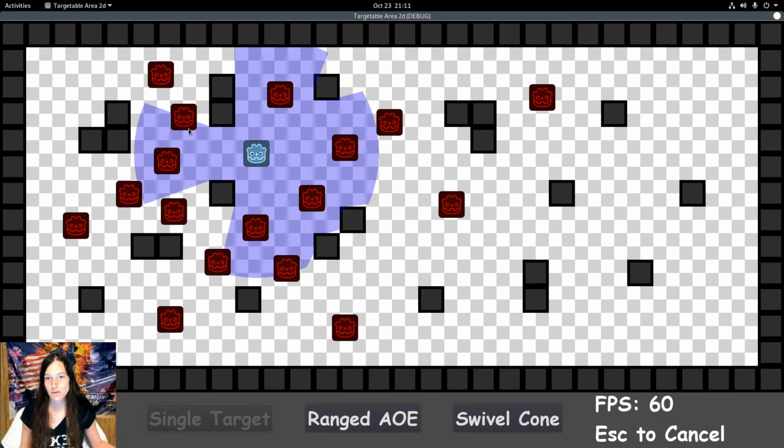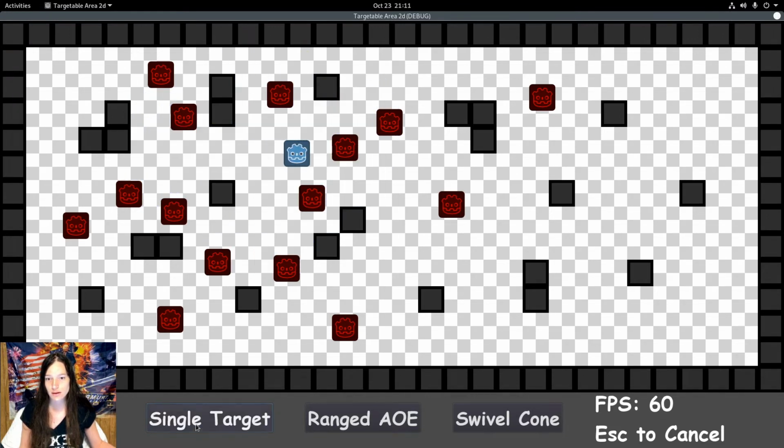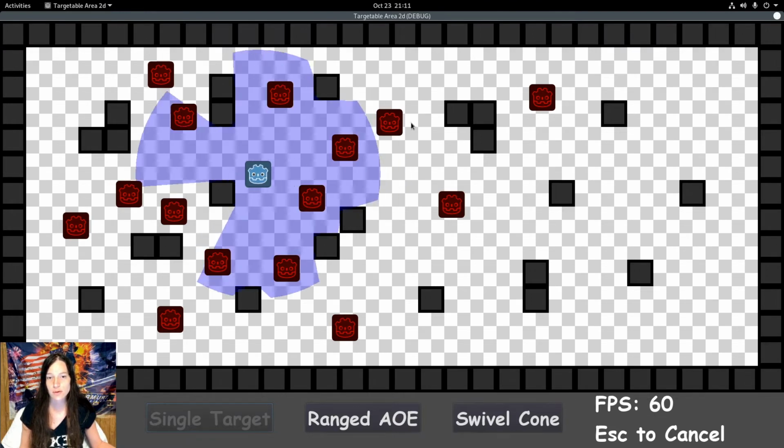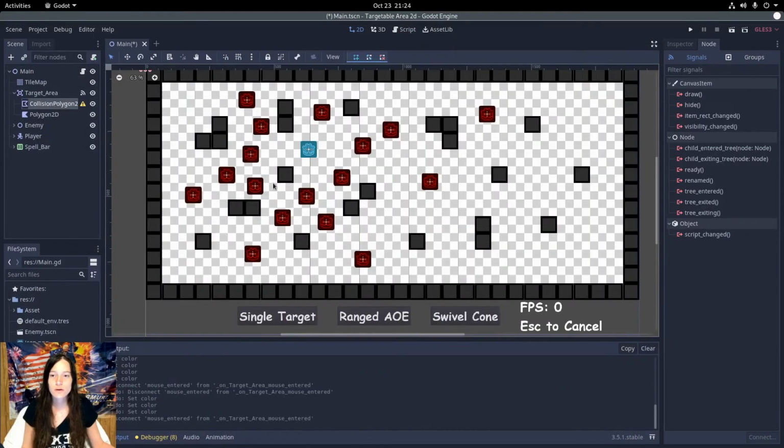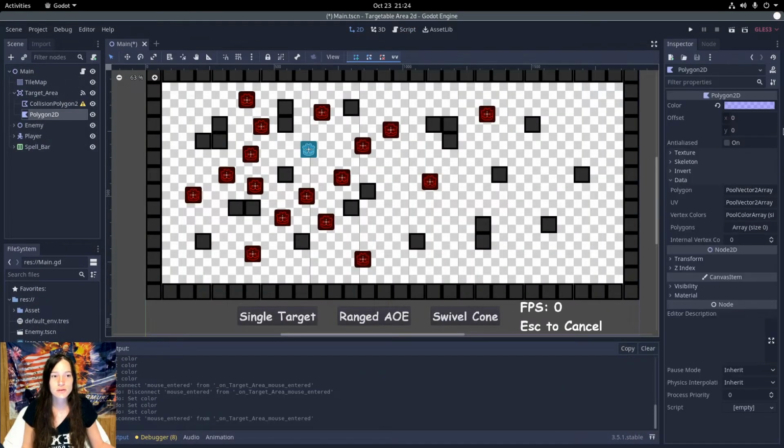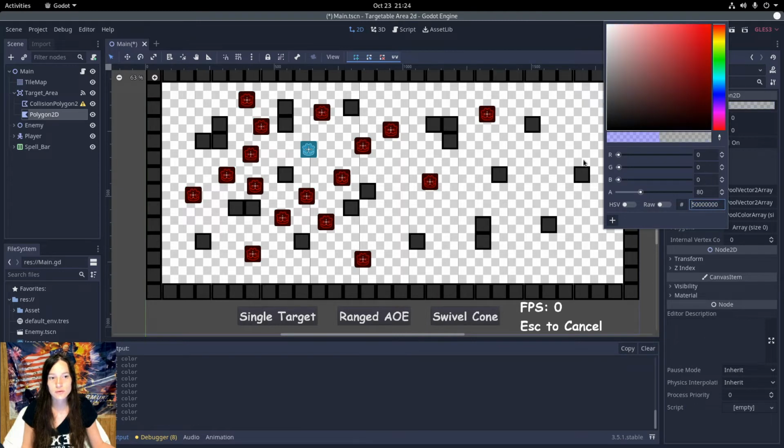So now when you click on an enemy inside the area, it deletes it. And if you click on the player or on nothing, it just disappears. And if you click outside the area, it doesn't register at all. So I'll change the area to red to indicate that. So I'll set the polygon 2D to red by default,